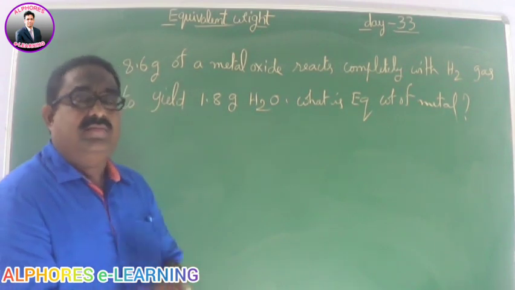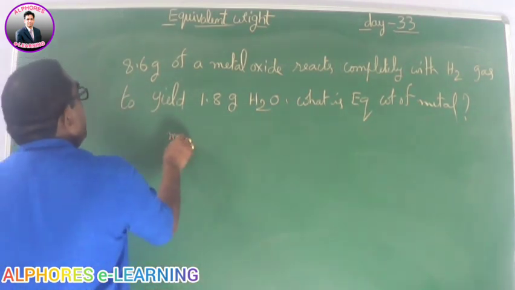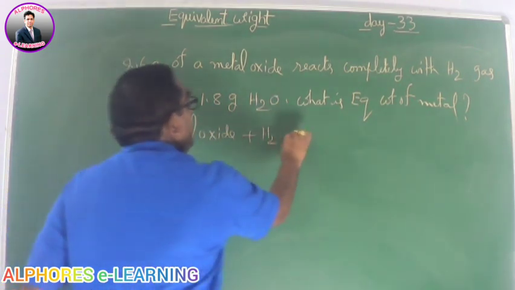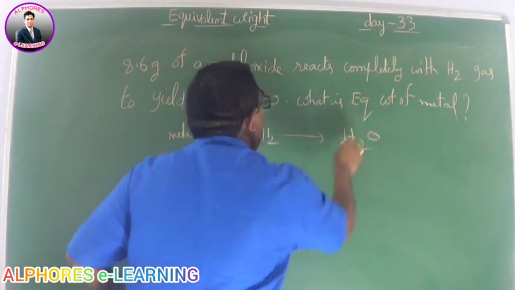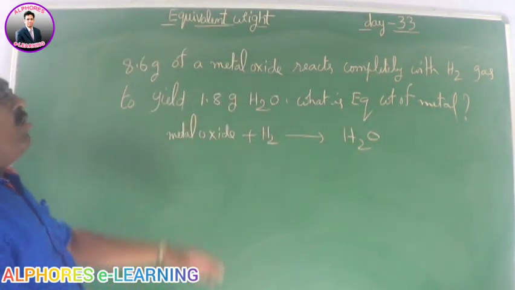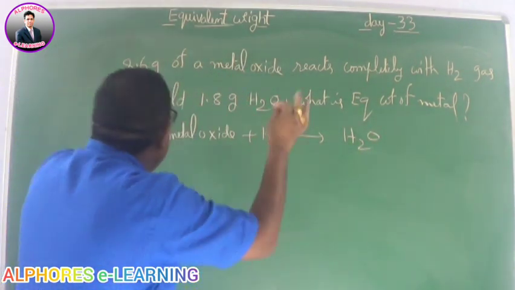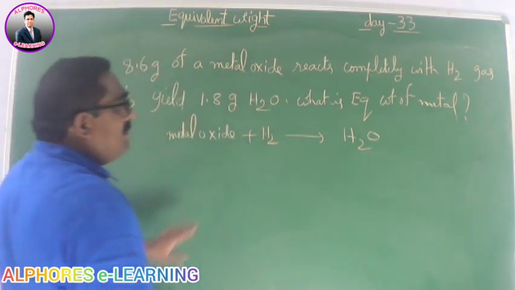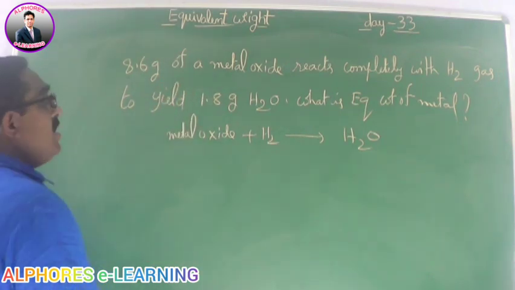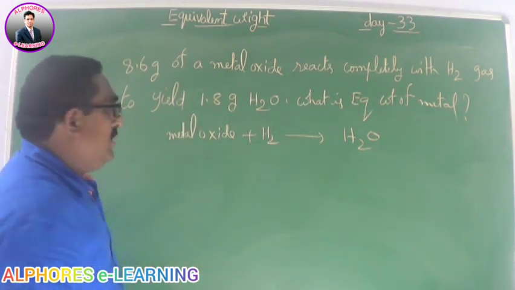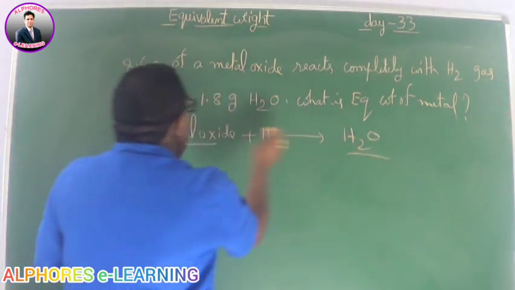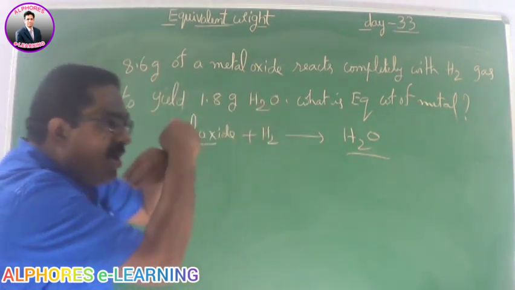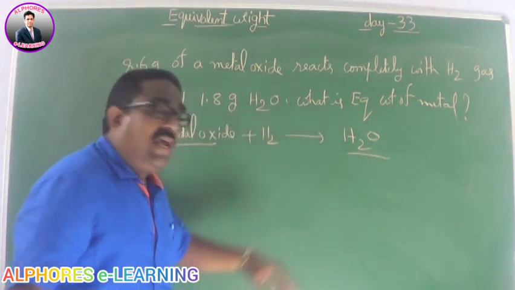Again, it's a chemical reaction. So here I am writing metal oxide reacting with hydrogen gives water, H2O. Don't bother about the remaining products, because our data is based on only these things. Leave the remaining thing, no problem, because we have the principle of gram equivalence. So I can equate these two equivalents. This is the reactant, that is the product. For hydrogen, no data is given. For these two, data is given.